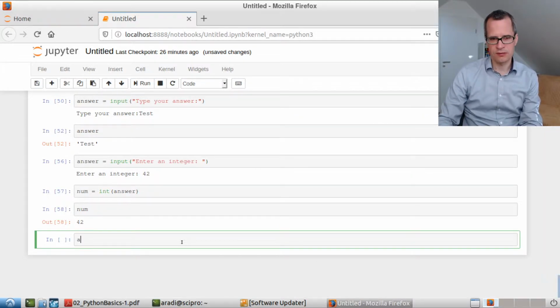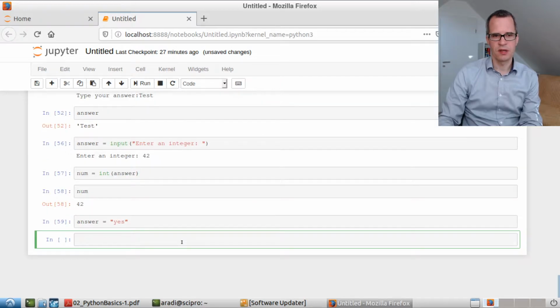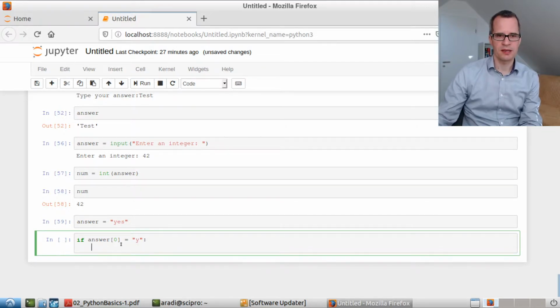So let's assume answer is equal to yes, just so that the answer has a certain value. Now we are writing our evaluation. If the zeroth character of answer, which is the first one in our normal counting, is Y, then we start a sub-block. A sub-block in Python is always introduced by the colon at the line before, and you see automatically in this IPython or Jupyter notebook you already have 4 spaces as indentation. So here you can write, okay, print, what should we print? Okay, the answer